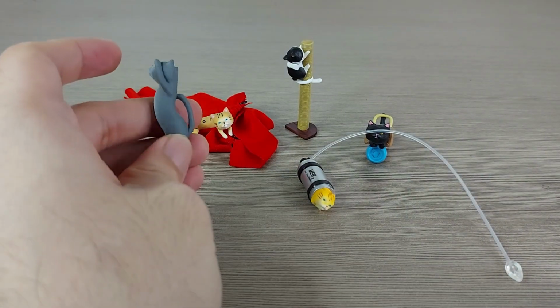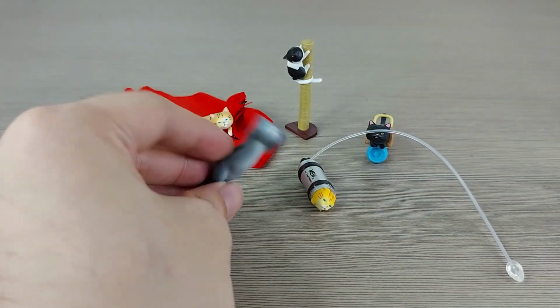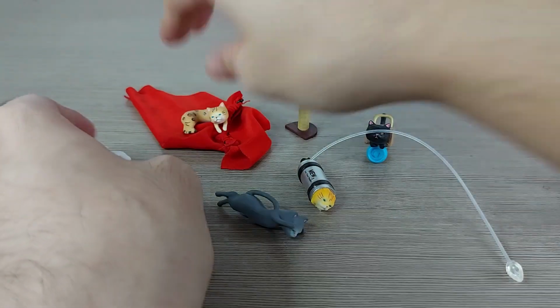And this one I feel like is a little bit uninspired. The most cat-like, but I think the least inspired. And I guess you can say this one's also not very inspired, but it comes with a cape technically. So yeah,